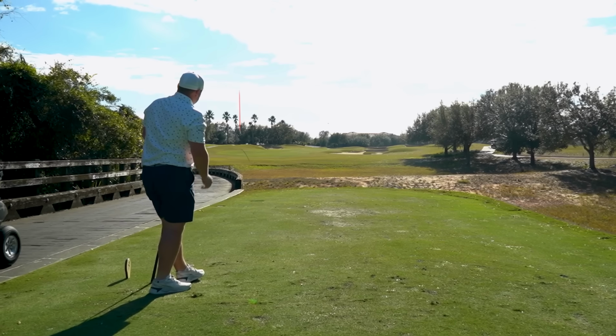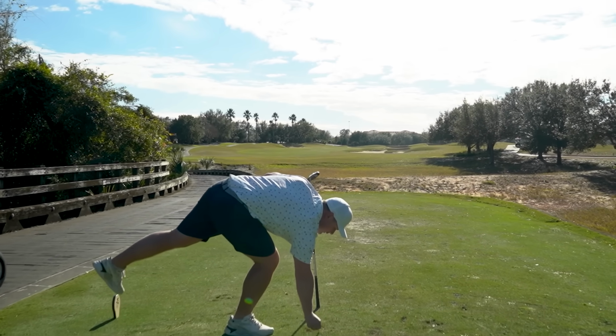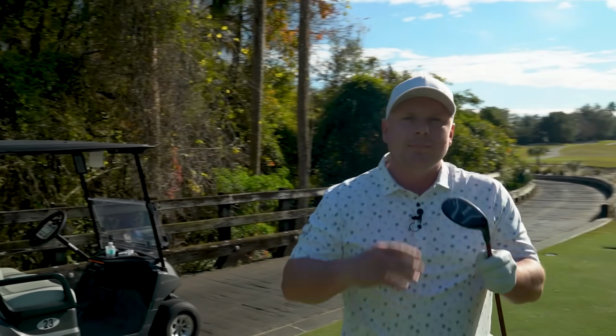Now what I like about that the most is I haven't struck that very well at all, but it's still doing that job of going where I want it to go. It's still that mid-flight, it's still going the distance. I want to get down there and see what they're like, not only front to back dispersion, but also left to right dispersion, because they all look to be on the same line with three very varying strikes and